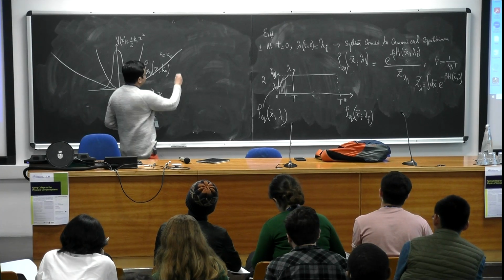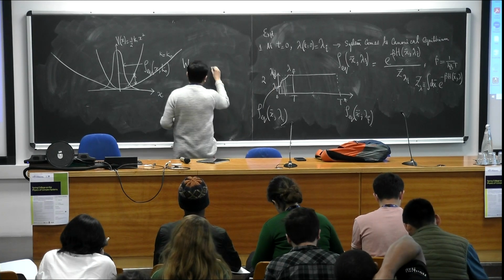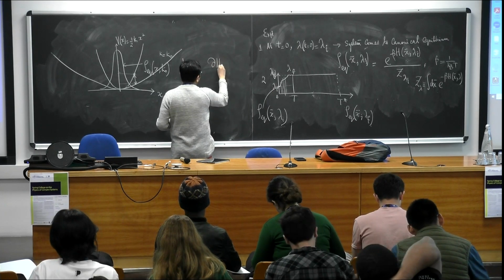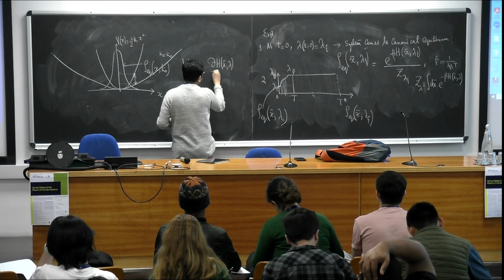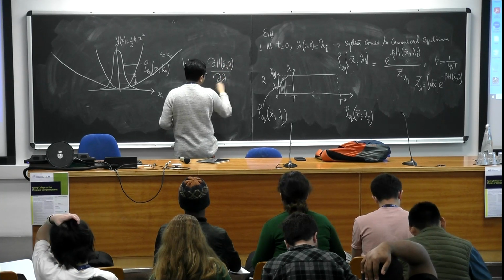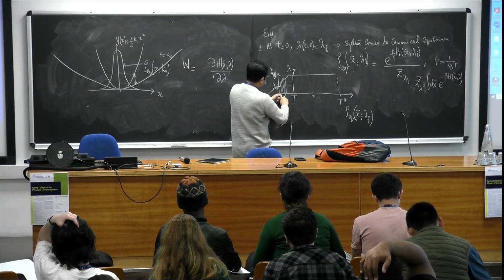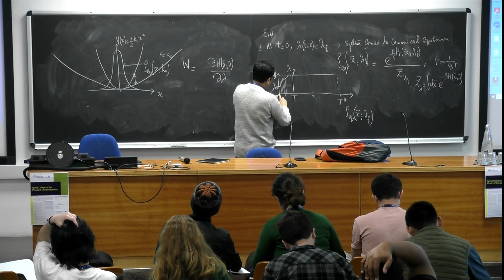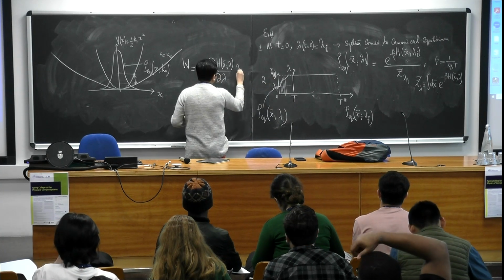So therefore, what will be the work done? The work done will be, in this setting, how much does the energy change when lambda changes by a small amount, d lambda. And this energy change, this work done, takes place all the while from 0 to t. So therefore, this guy will be